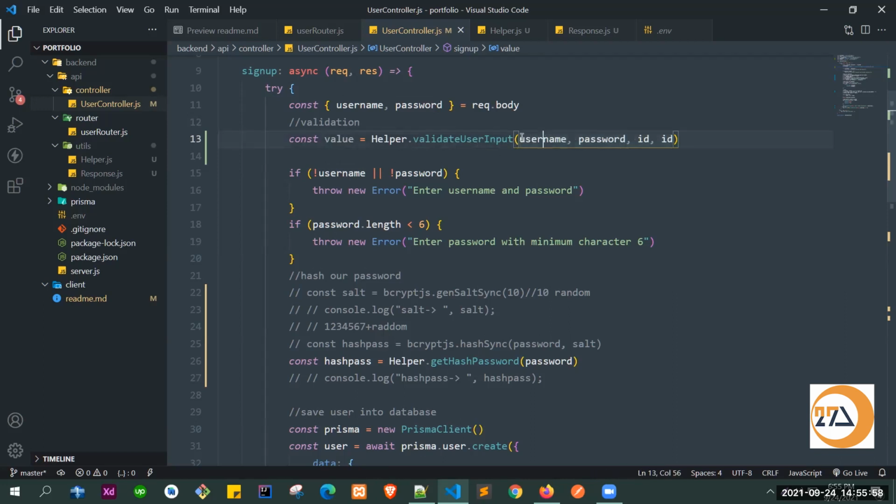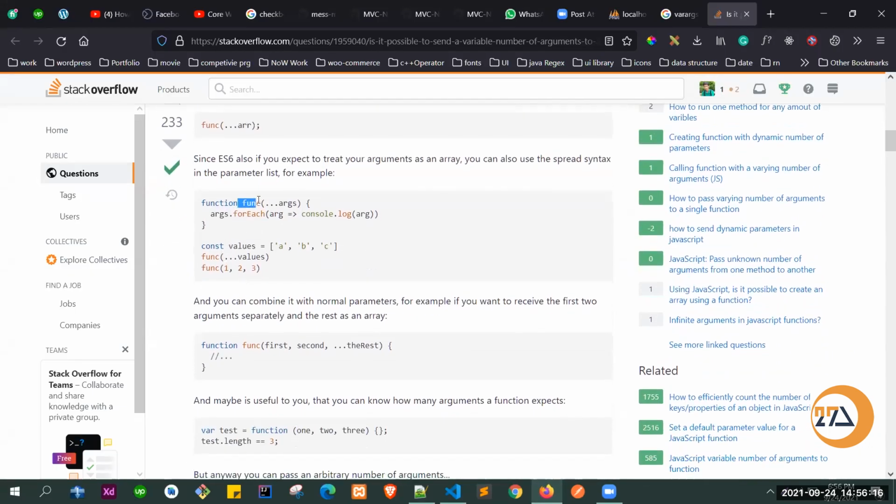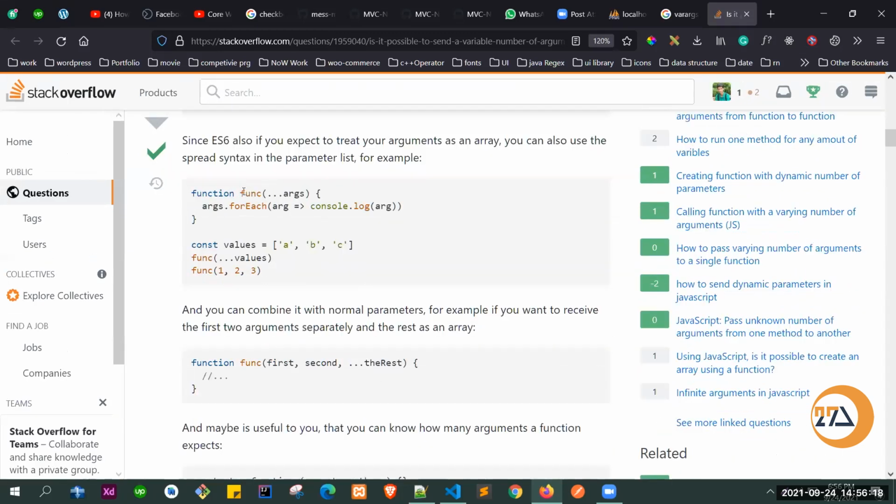To collect this type of thing, we don't know how many values will be passed through this function as parameters. That's why we'll use something called a variable argument. I'm not sure if you know this or not. As you can see, this is a function, and we are taking arguments and putting three dots in front of it.